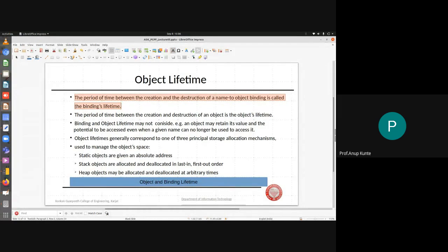So for the scope of an object, a programming object, if I want to decide, I need to first understand what we mean by an object being alive. Okay, how do I define a lifetime of an object? When do I say that an object is created and when do I say the object is destroyed? Okay, that is what we are trying to understand through this slide. So the first bullet of the slide reads like this. I hope the bullet is readable.